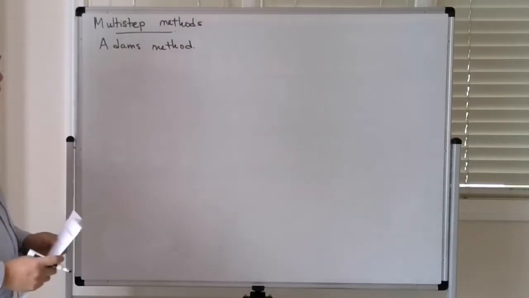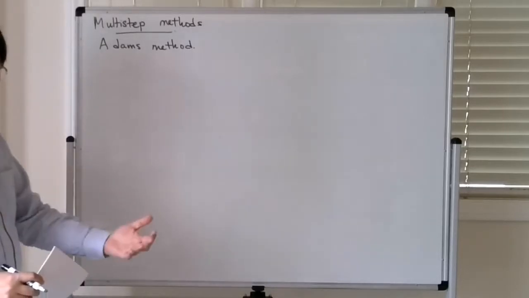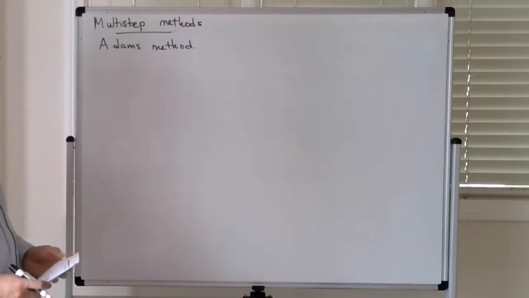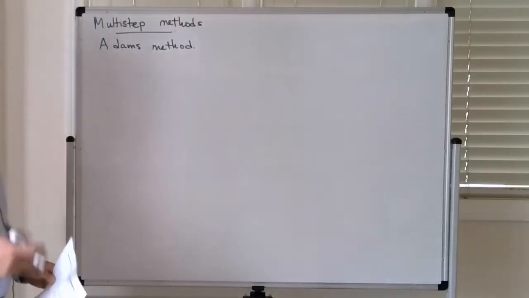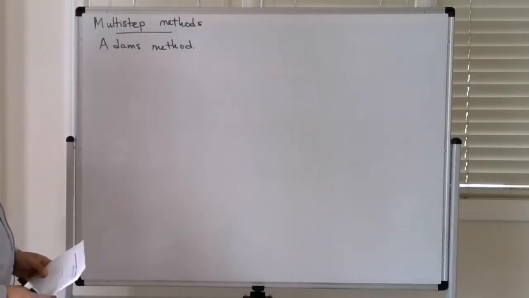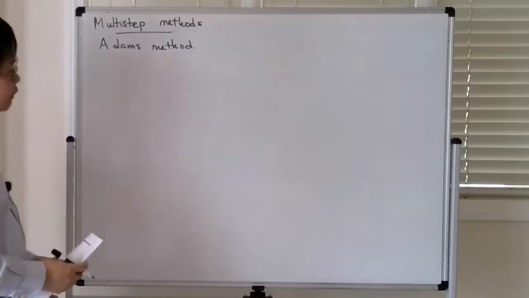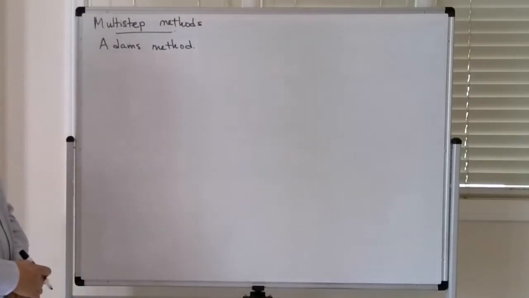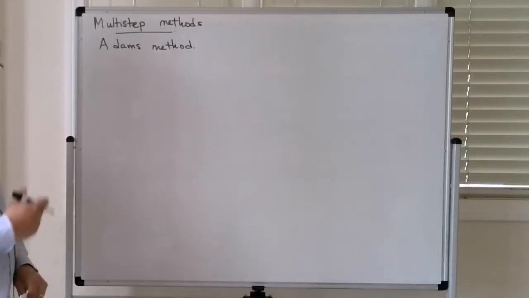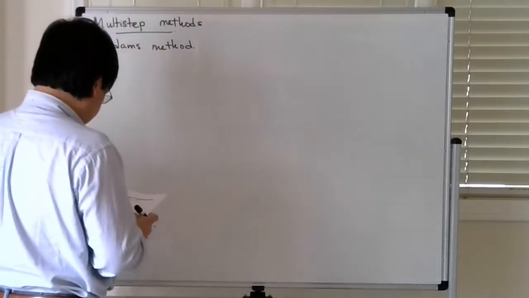Essentially what happens is that if you want to get a method which is extremely accurate, you need to be able to construct a very high order approximation of the solution. Okay, and that typically entails requiring you to evaluate the vector field at a bunch of points. The motivation, if you will, behind multi-step methods is that if you've evaluated the vector field at a bunch of previous times, is it possible to use those previous function evaluations to construct a higher order approximation of the solution? Okay, so